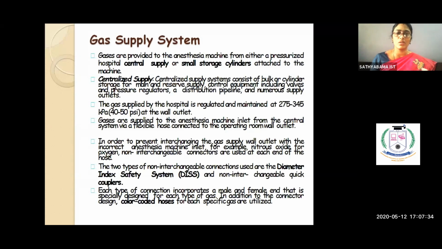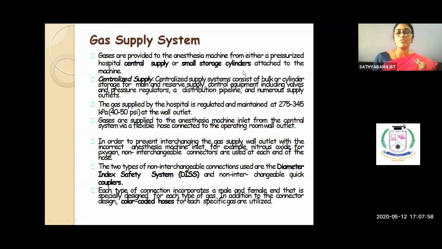So where do we see all these gases? It goes to the OT or the operation theater, or it goes to the ICU. In a few cases it might be there in all these ICU beds or in some rooms as well. Right, so that's how you get the centralized supply. You have color coded pipes. You'll have a yellow one, a blue one, a black one, and according to whichever gas it has to carry, it will go from there.